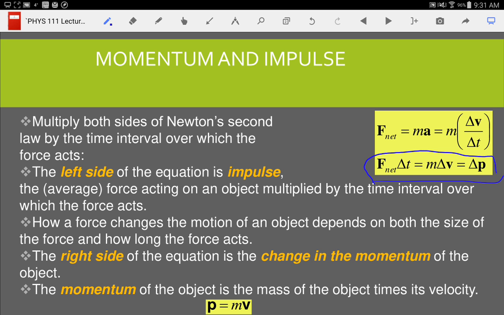Actually goes correctly back to Newton's second law the way we talked about it before. You'll have constant motion unless there's a net force acting on it. Was the first law. The second law said that that net force would cause an acceleration according to this relation. So it's no surprise, but it's useful to us because in a lot of situations, momentum will remain constant. For instance, let's suppose